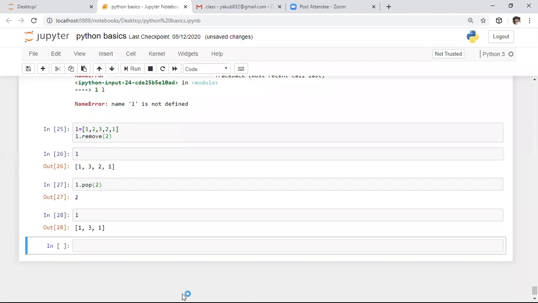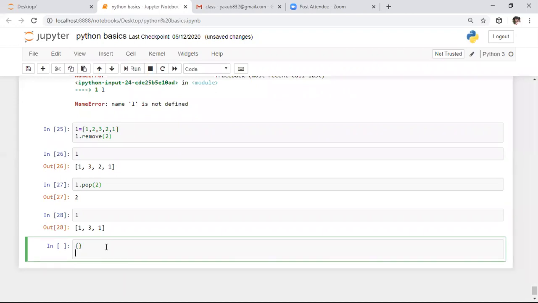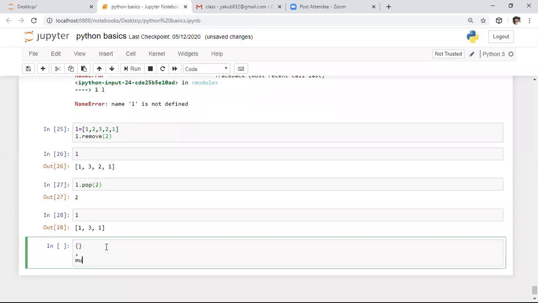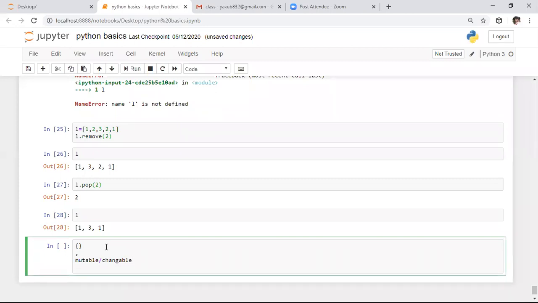In Python, sets are defined in flower brackets, sorry, curly brackets. The first point corresponding to sets is that these are defined in curly brackets, and set attributes are separated with commas only. The next point is that these are mutable or changeable data types. Coming to the next point, these are an unordered collection of items.